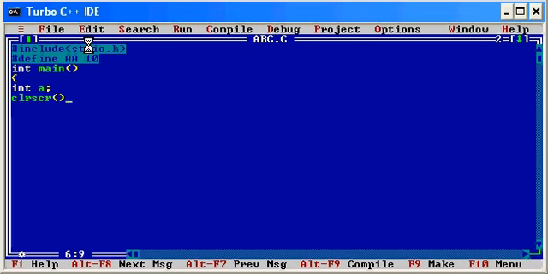clrscr, and I'll make use of a for loop: for a equals 0, a less than.